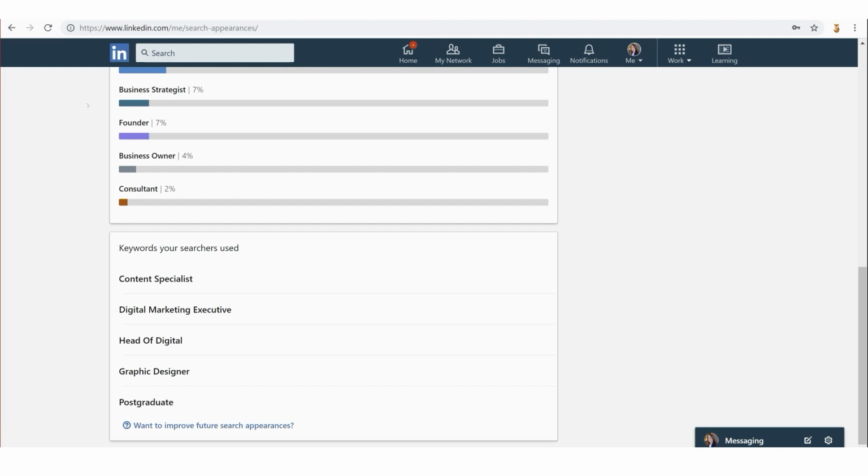And these words change week in and week out. You'll see different words here, but not all of them will be relevant. But if you can get core ones that are relevant and you have them appearing consistently week in, week out, then you know you're doing something right. And just a final point on this, content specialist, a lot of people have to have searched for content specialist, and my profile has to have appeared numerous times for this word to appear here.